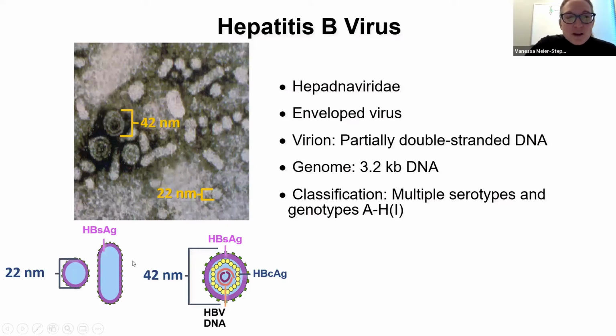The reason I really like this electron micrograph is because it shows all of this other stuff. This other stuff is actually the subviral particles. When the virus is being produced, it also produces all kinds of subviral particles of the surface antigen in these little empty packets. So it's just spitting out all kinds of surface antigen. And what this actually does is effectively act as a decoy for the immune system. You have lots of surface antigen floating around in your blood, and your immune system is fighting and trying to deal with all of this, and it doesn't know whether there's virus inside or not, and it's trying to attack all of it. And this is actually one of the reasons that hepatitis B leads to the immune exhaustion and T cell exhaustion that's associated with chronic hepatitis B.